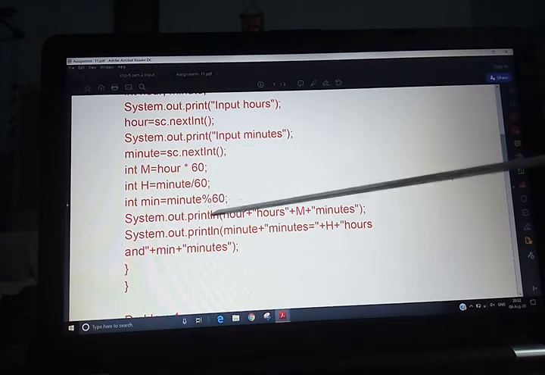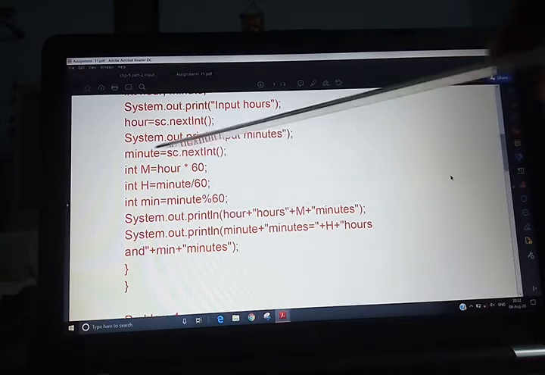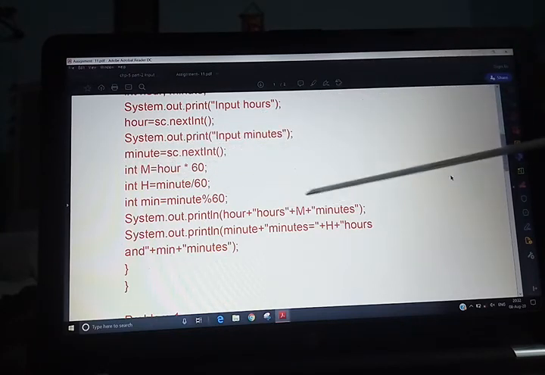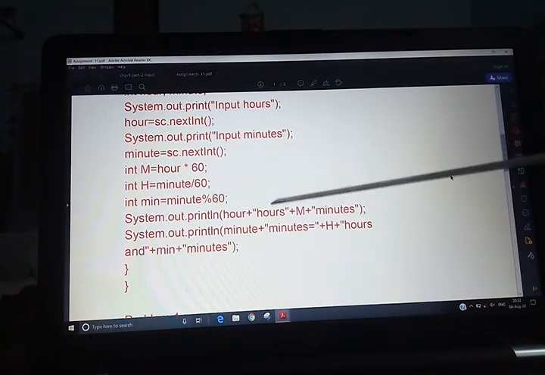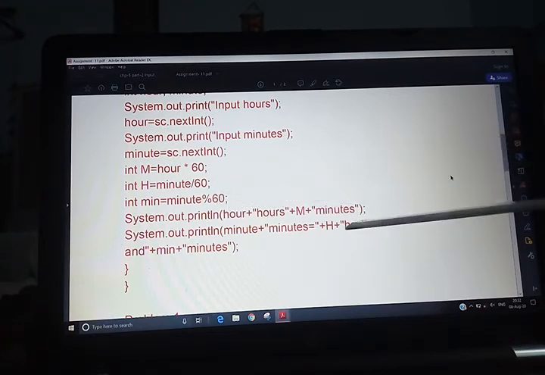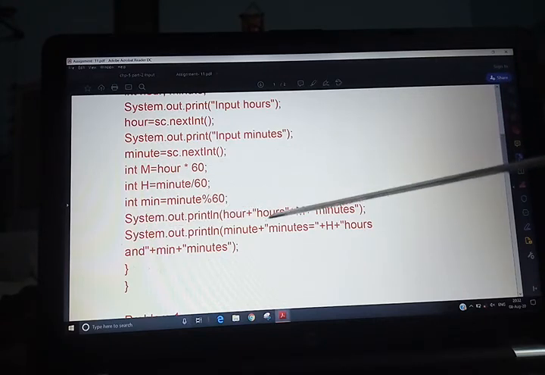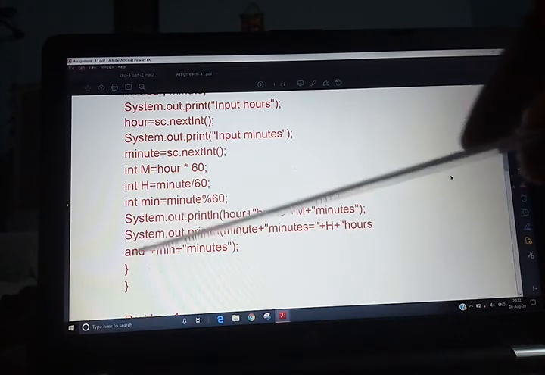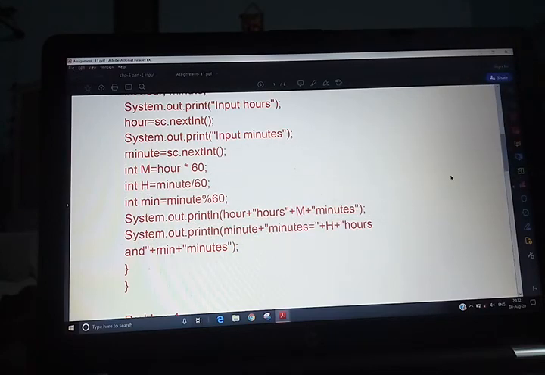So first is r plus "hours" plus M, whatever value is calculated, it will be printed here. Then minutes. Then next is System.out.print minutes plus hours, and minute, whatever value is calculated, it will be printed here.